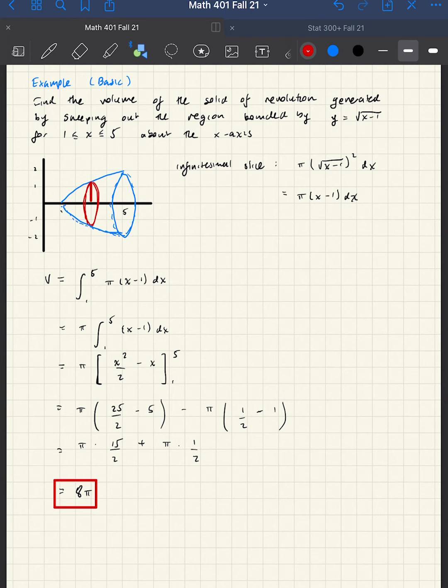Okay. Now, this original method that we're presenting is often called the disk method because the infinitesimal slice that we're taking out here is a disk. But sometimes it may not work out that way. And so let me just illustrate then what happens when we have what we call the